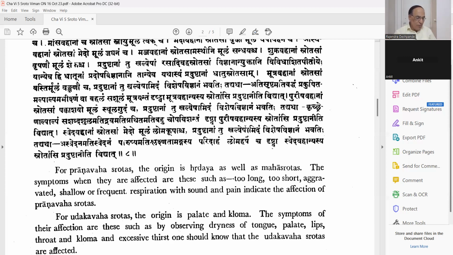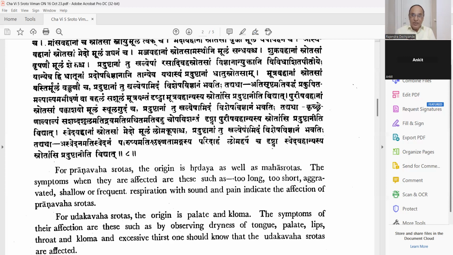Next is Vali Palita. Very interesting. Vali is wrinkling. Early aging will start. The body will start degenerating very fast when your Rasavahasrotas is damaged. Then Palita is graying of hair, early graying. So the early aging process will start in your body because all the other Srotasas will get hampered because of the Rasavahasrotas.